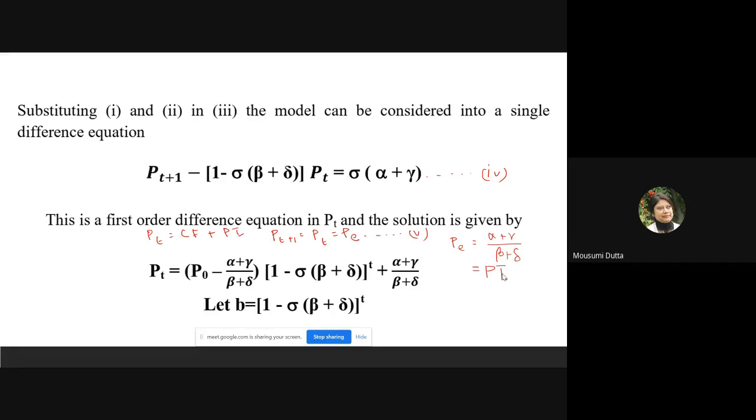To derive the CF, the complementary function, we consider the trial solution Pt is equal to a b to the power t for the homogeneous form of equation 4, given by